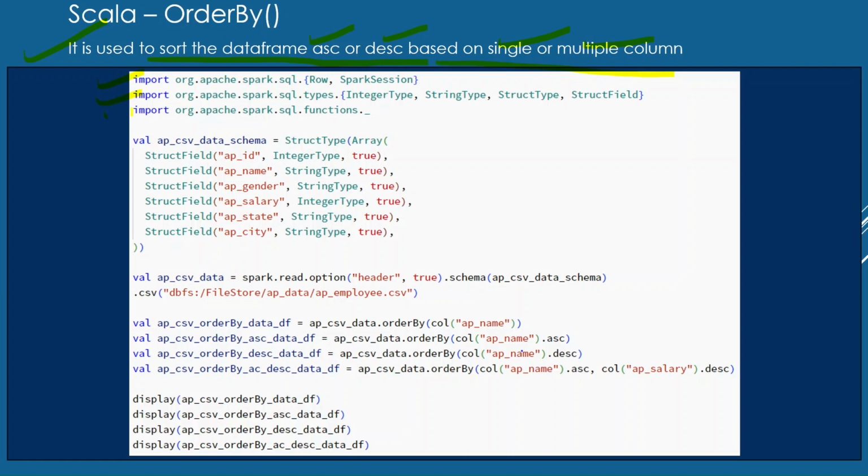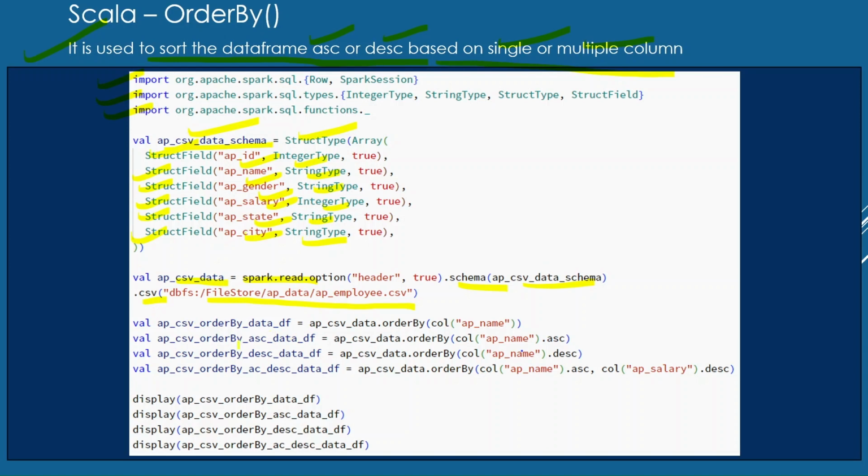Here I am just importing all the required libraries. Here I am creating a custom schema with the help of StructType and StructField. I am creating 6 columns and their data types with the help of StructFields. You can see here, with the help of the spark.read.csv function, I am reading a CSV and creating this data frame with the help of the custom schema which we have just defined here.